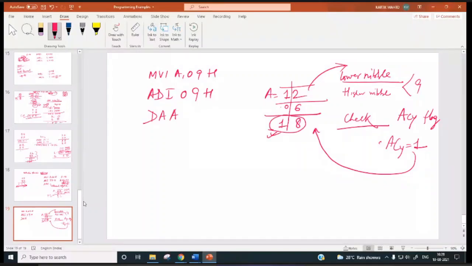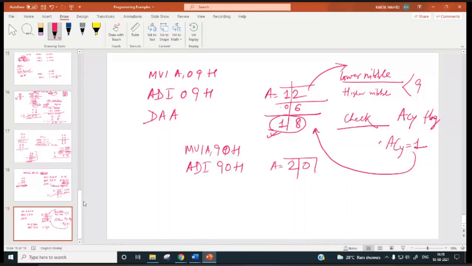Similarly for 90 plus 90, MVI A, 90H, ADI 90H. So if 90 and 90 are added, what will our result be? Our result is going to be 20, right? In the accumulator, it will be 20 only.